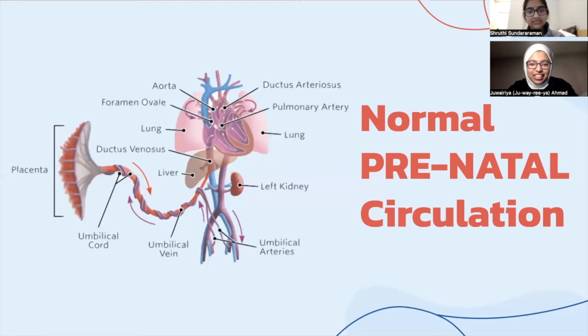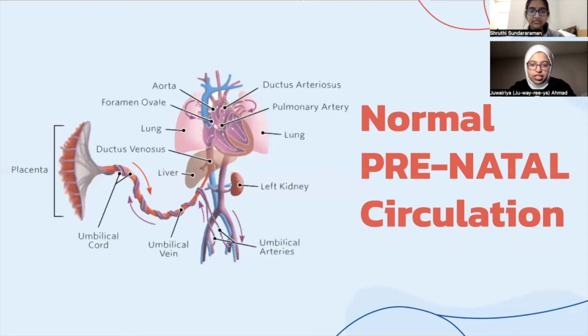In the placenta, carbon dioxide and waste products are released into the mother's circulatory system, and oxygen and nutrients from the mother's blood are released into the fetus's blood. This blood is now considered oxygenated. So this oxygenated blood is then taken through the umbilical veins to the right atrium. The blood will now get shunted through the foramen ovale into the left atrium. Blood then passes into the left ventricle and travels to the ascending aorta, which sends this oxygenated blood to the